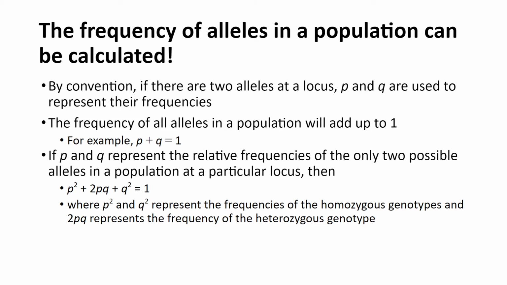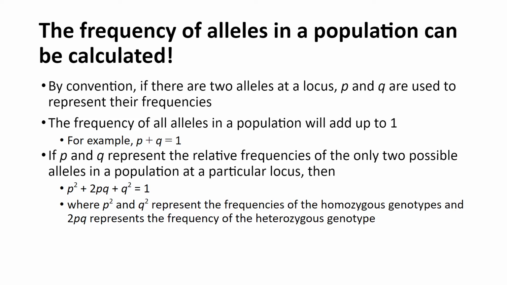We can calculate allele frequencies and determine what genotype frequencies should be in a population if it's in equilibrium. If the actual genotype frequencies do not match what we would predict to be the genotype frequencies in the population, then we know that it's out of equilibrium and is evolving. To calculate predicted genotype frequencies, we will use the Hardy-Weinberg equilibrium equation, which is a mathematical representation of these genotype